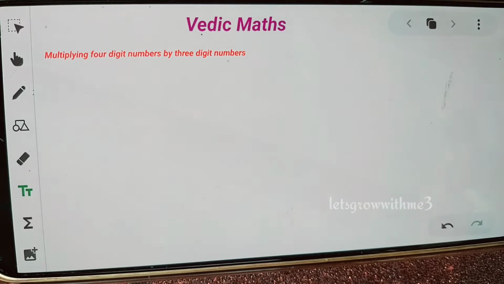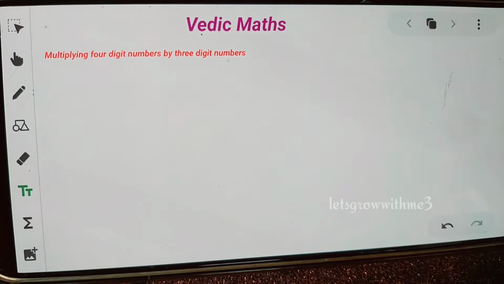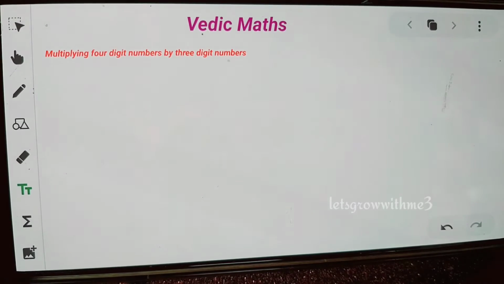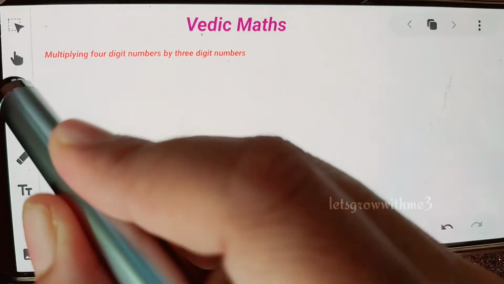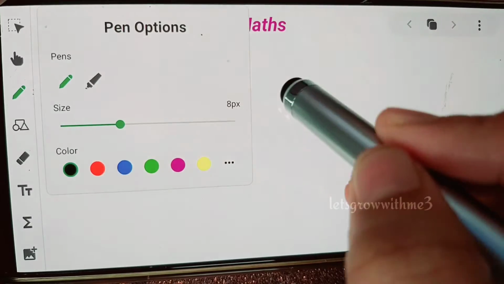Here we now change the multiplier to 3 digit. In the last video the multiplicand was 3 digit, but in this video the multiplicand is now 4 digit. So now let's learn how to do multiplication between a 4 digit number and a 3 digit number. Before we do examples we need to understand the conventional method, and from that derive the basic pattern for how to solve this type of example. So let's understand the basic conventional method for 4 digit by 3 digit.